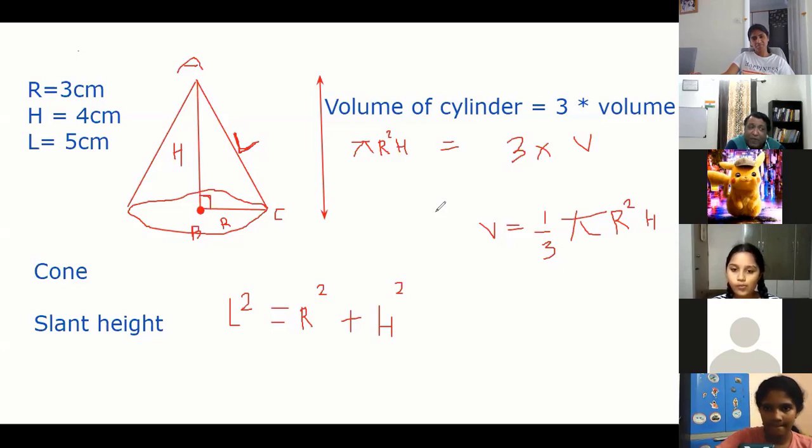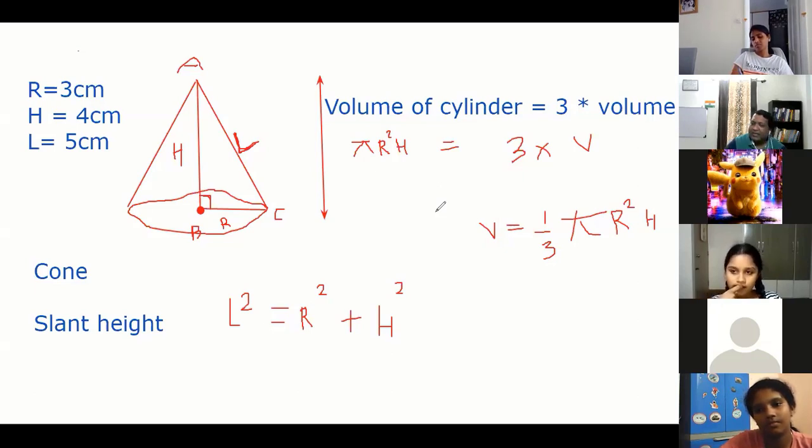Any doubt, anybody? It's a very beautiful way of imagining, because I don't want you to mug the formula. See, the problem will happen if you start mugging the formula, like pi r square h by 3, you will never understand the real concept. Okay? Volume. Now we'll come to